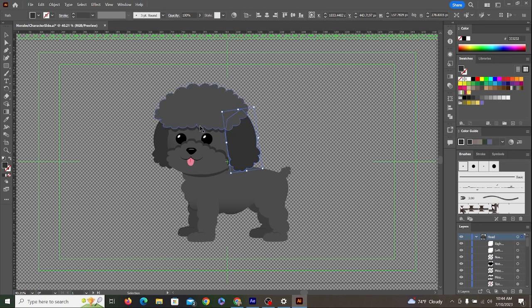What I would do is figure out which parts can be together and which parts shouldn't be. So maybe I change this to head poof. And in this layer, I'm just going to keep the head poof. Then I'll make another layer, and this might be called nose. I'll make another one for mouth. And it's now my job